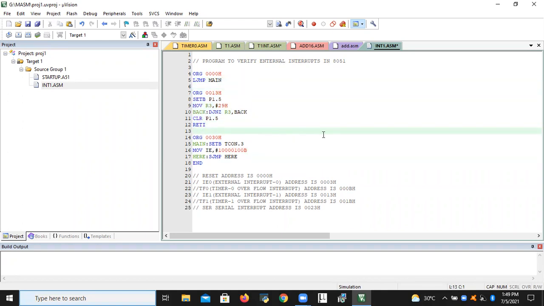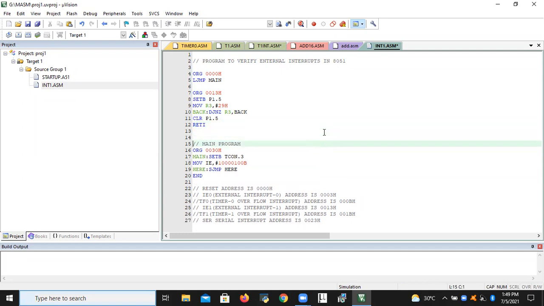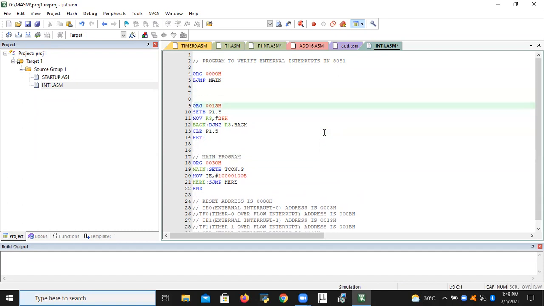So you can write here, this is the main program, whereas this is the interrupt program, the int1 program.